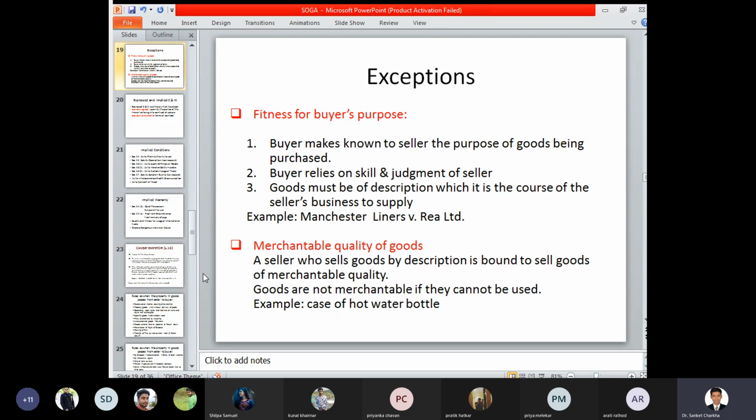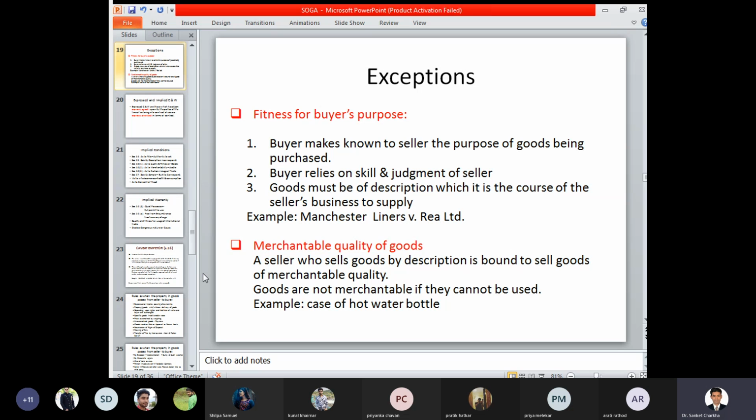If a buyer on his own insists that he wants a product of lower quality or lower quantity, then accordingly the goods must be portrayed, and if it is not demanded, then the goods must not be portrayed. Example, the case of a hot water bottle. Whenever you enter a store, you specifically mention to the store manager that I want